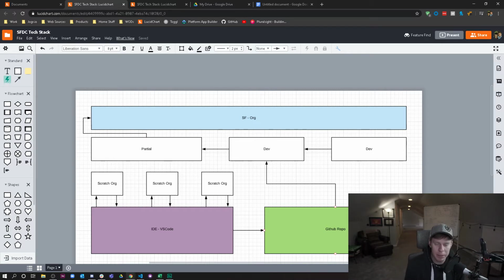Very small companies or very small admin teams or dev teams may not use a full or partial copy of a sandbox org. But the benefit of having a full or partial sandbox org is that it allows you to work with real data, data that is traditionally in your production org, which is very powerful because